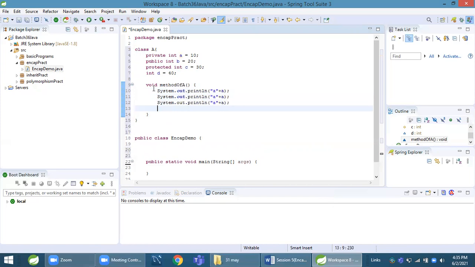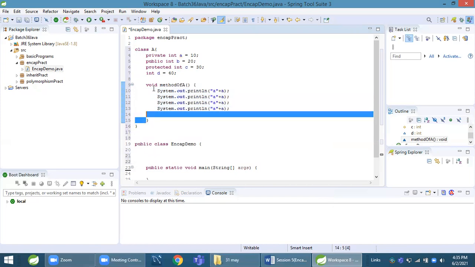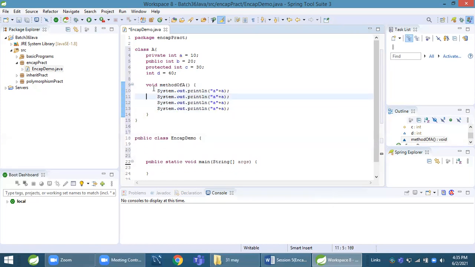Within the same class, I am trying to access these members. Now I will try to access member B within the same class, and D equal to.